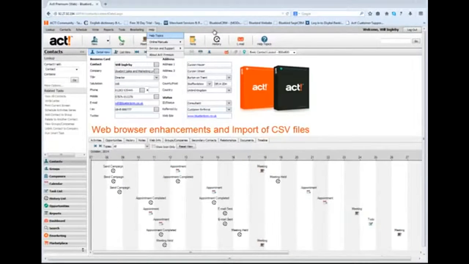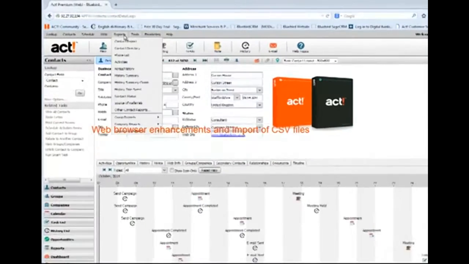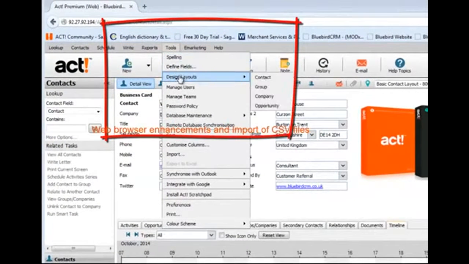quite easily. And of course in version 16 we saw the introduction of greater capability for mobile users to manage companies and groups as well as contacts and opportunities. So that functionality is developing apace. Certainly through the browser as well, we're getting greater capability delivered to the user, but also enhanced administrative functions as well. In version 16 we saw the introduction of define fields and design layouts to the browser view, so administrators